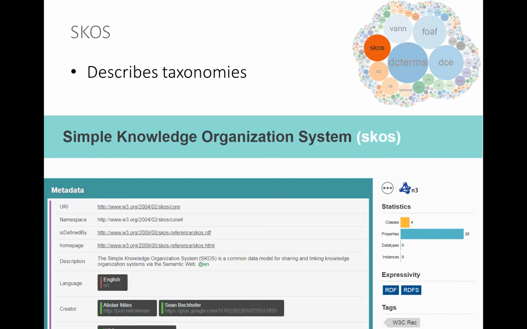Friend of a friend. So we have SKOS, which is a Simple Knowledge Organization System, which allows for, this is actually also a W3C standard. Not all of these are standards, few of them are standards, in fact, but this one is a W3C standard. It allows for describing different topics. For example, you could describe,